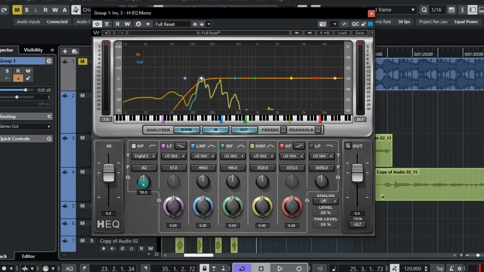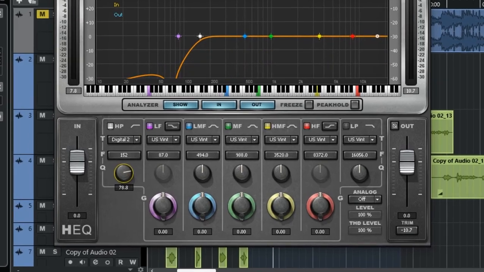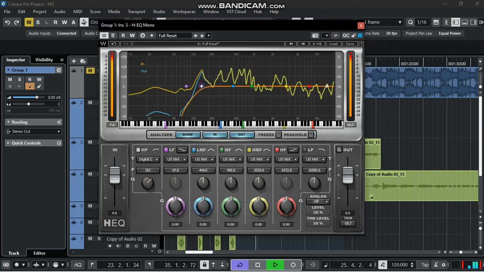I'm okay here. Next thing is to play with this over here. All right, if you want it to be more slope like this,